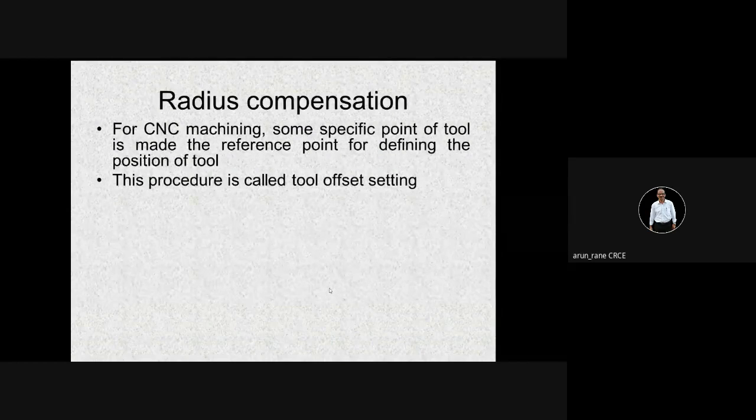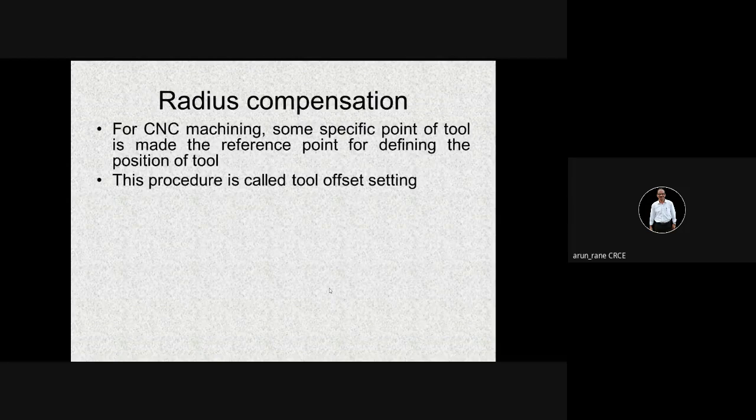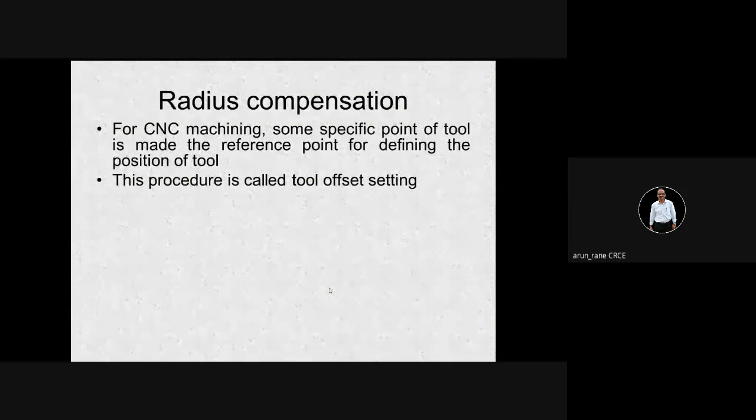Now suppose you have written a program for a diameter 20 cutter, and you have given the commands X60 and Y110, but in the store the diameter 20 cutter is not available, and a diameter 16 cutter is available instead. Then you have to change the whole program again. It's not possible. Now suppose instead of diameter 16, you have a cutter of diameter 15.4. That becomes very hectic. Why 15.4? Because the end mill has been ground and the size has now become 15.4. So that calculation becomes very hectic, and you may make mistakes also.